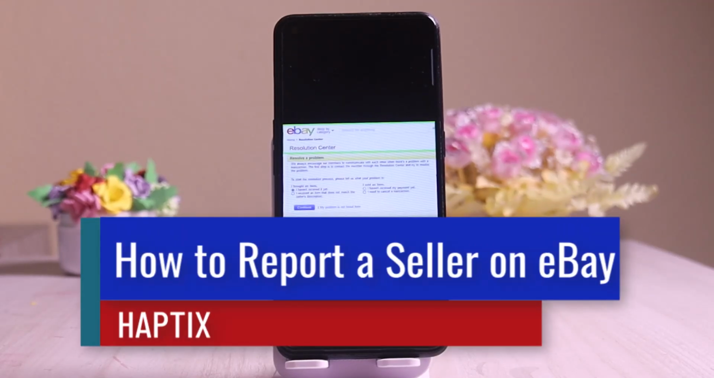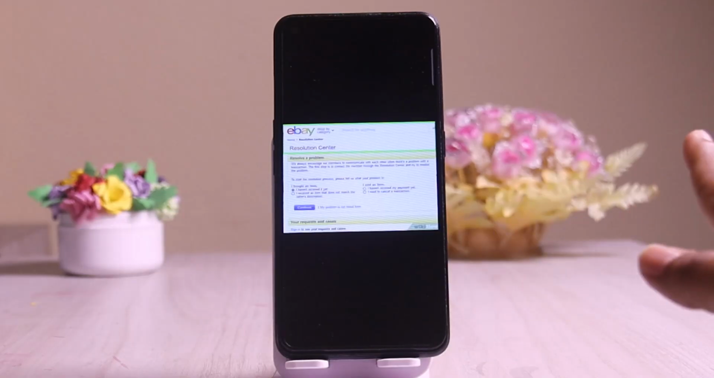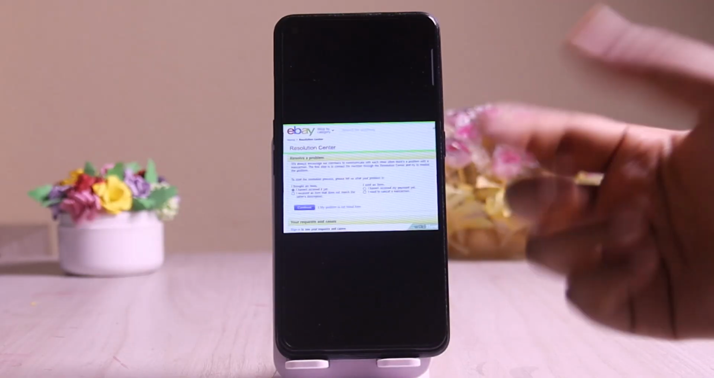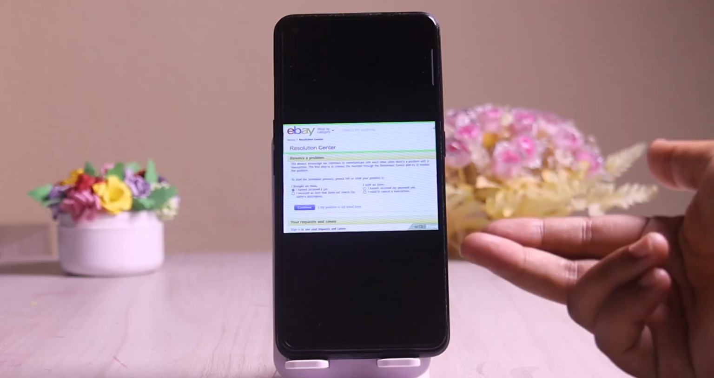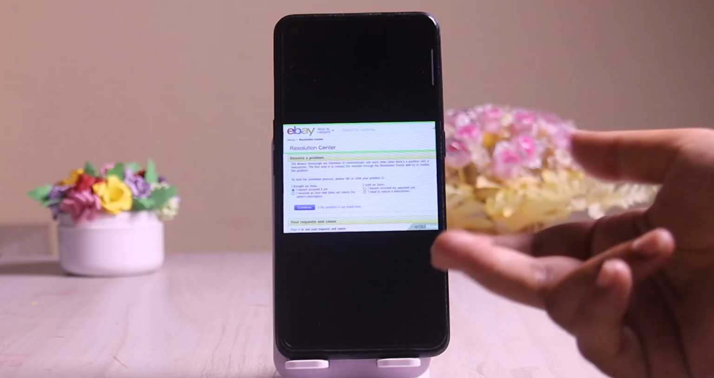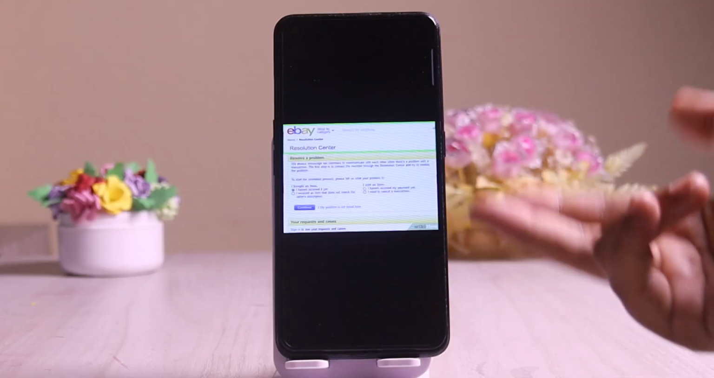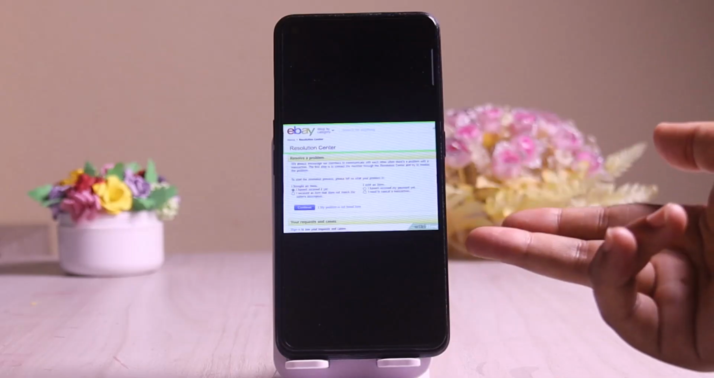To report an eBay seller for policy violation, what you can do is navigate directly to the specific seller's profile, a listing, or their message. Click the report this seller or report button and select the specific policy violation from the drop-down menu before submitting